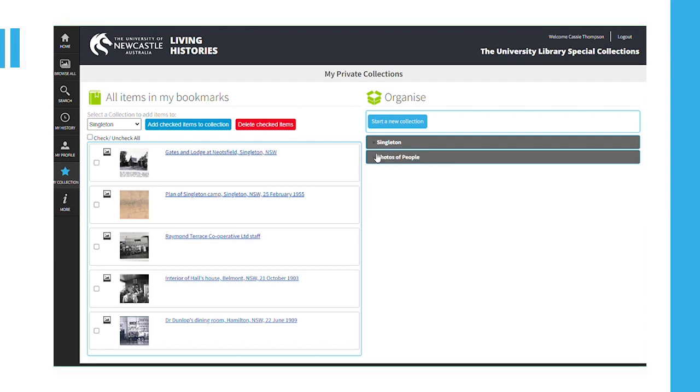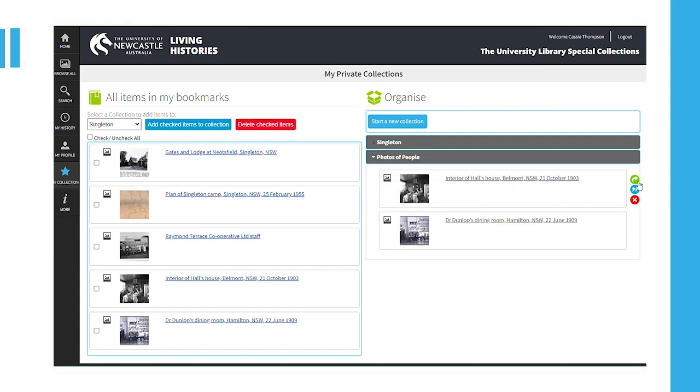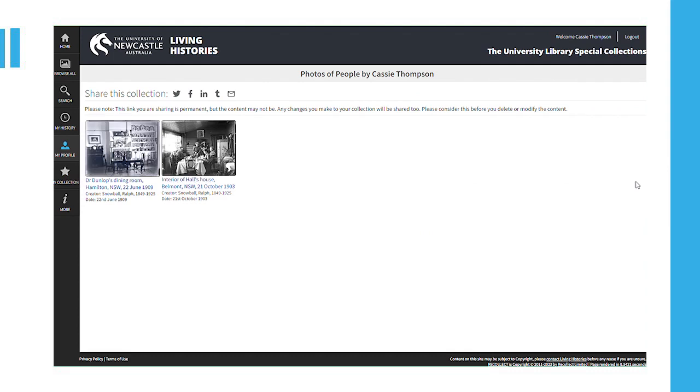If you'd like to share a subcategory via social media or email, click on the green arrow icon in the subcategories drop-down menu. This will open a new tab where you can choose how to share this collection from a series of